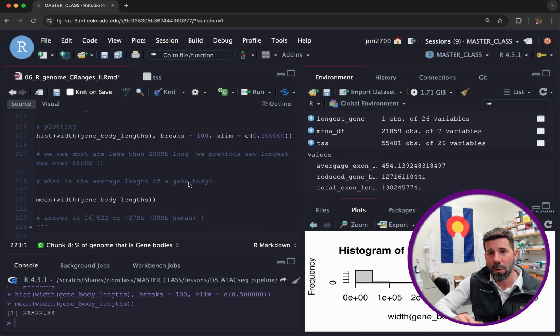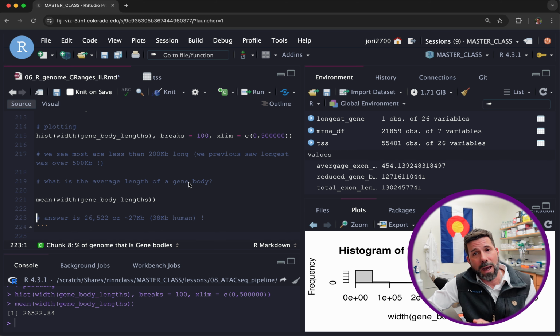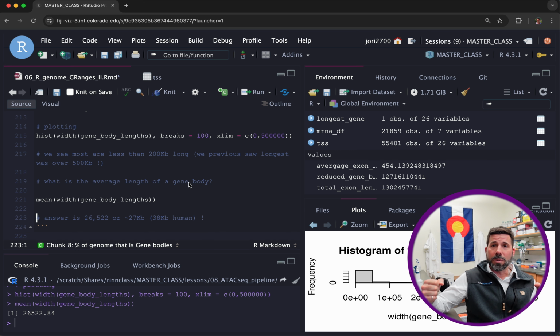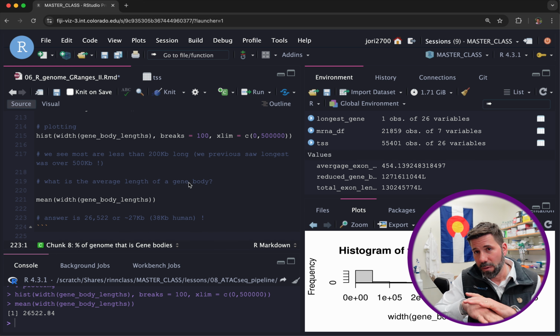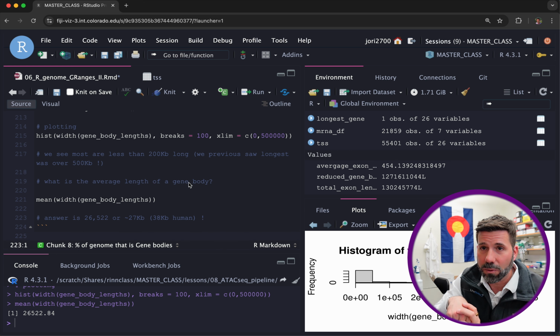You learned, I hope, how to index into GRanges to find things you might be interested in, such as the width of a gene, which ones are mRNAs, which ones are lncRNAs, or your favorite type of gene. And now we're going to move on to grabbing our ATAC-seq peaks and using these genome features to do overlaps. So we're going to find overlaps with our ATAC peaks into these genome features. So that's why we had 2 full